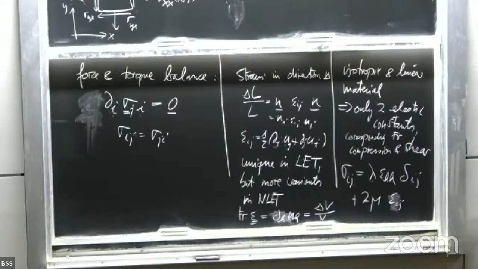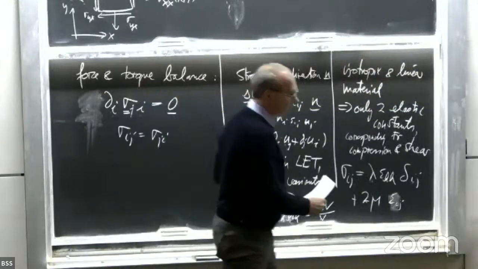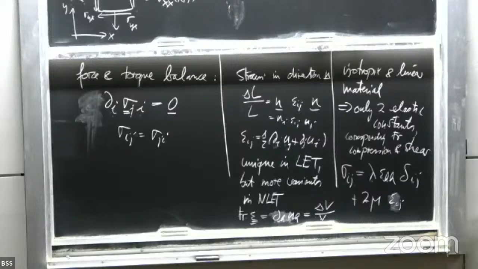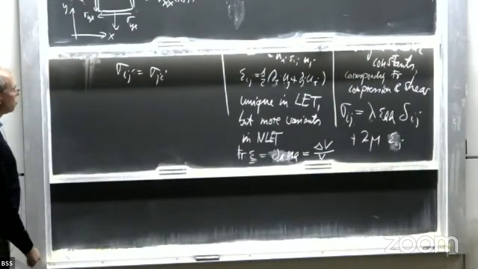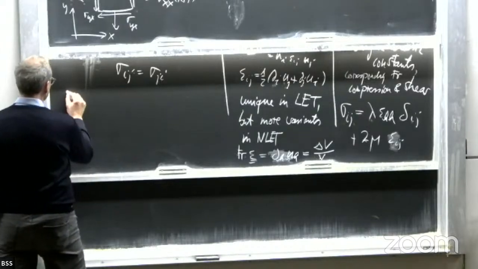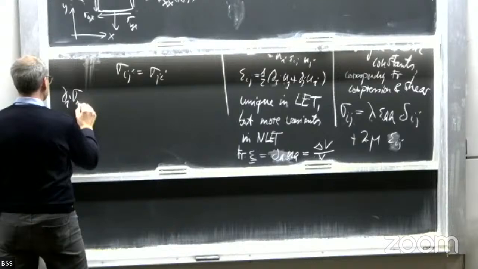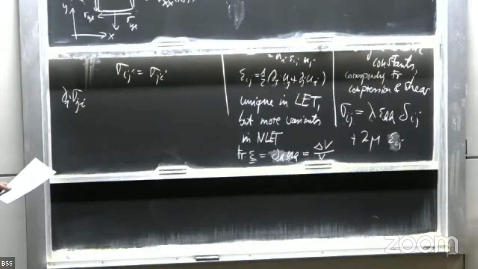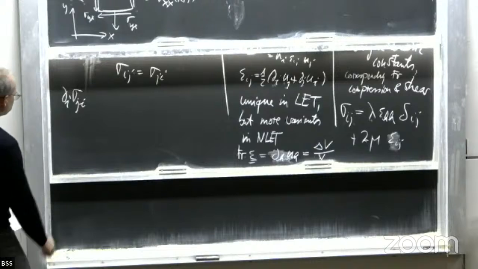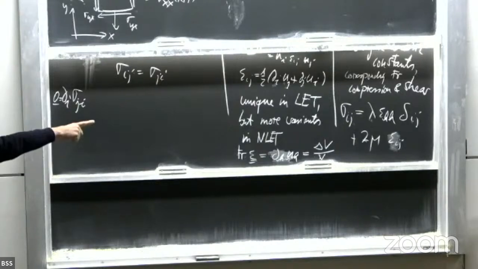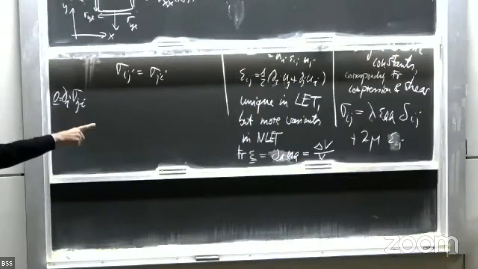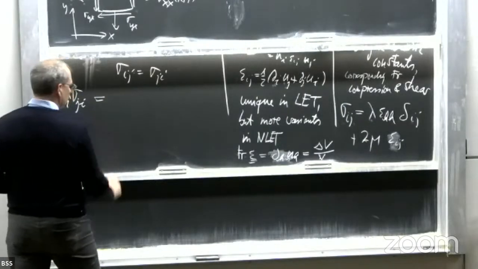Now, what about the force balance? So what you now can do is, maybe we have time, right? We started early. So maybe I write this shortly out. What we now do is we take our force balance, which should be 0, and we put in our relationship between stress and strain, right? So first thing I get is,